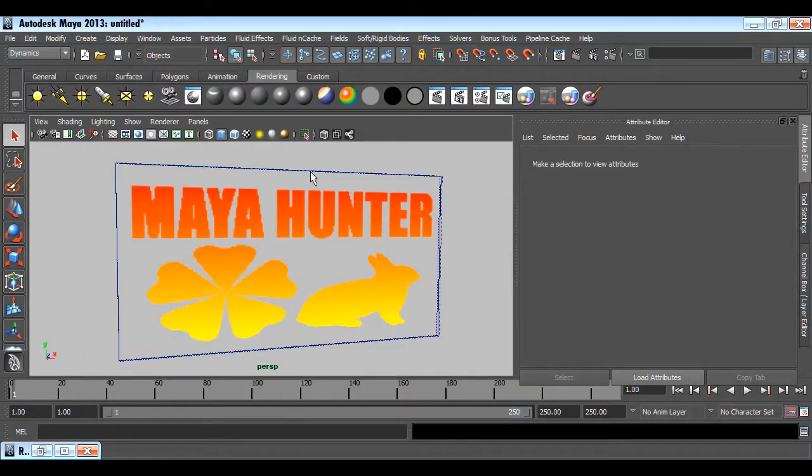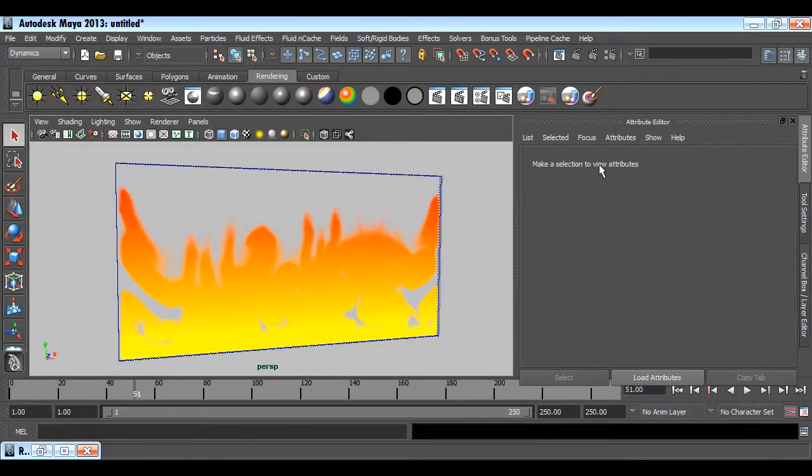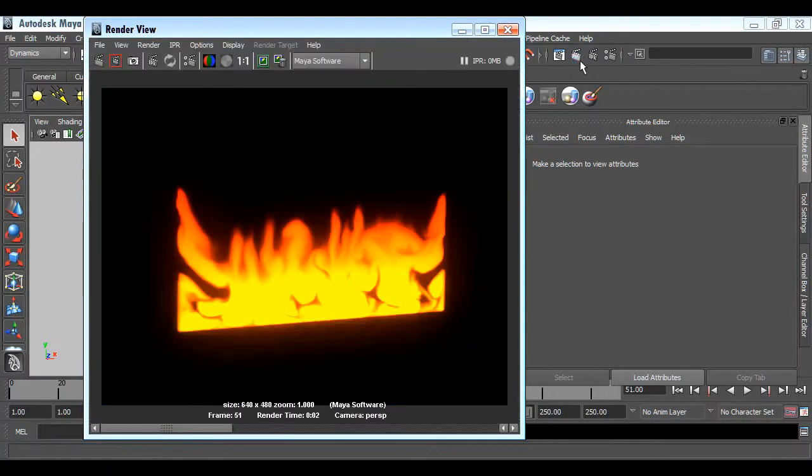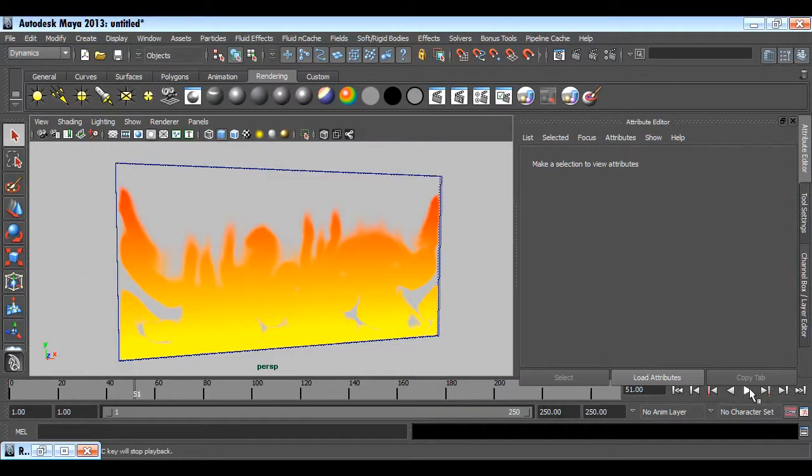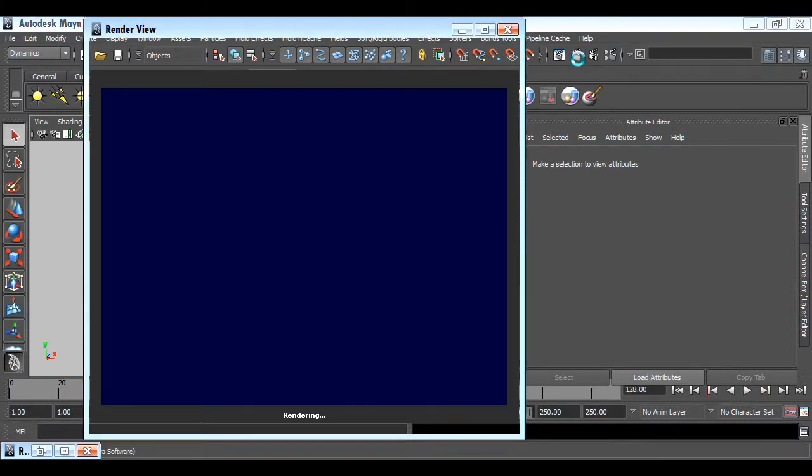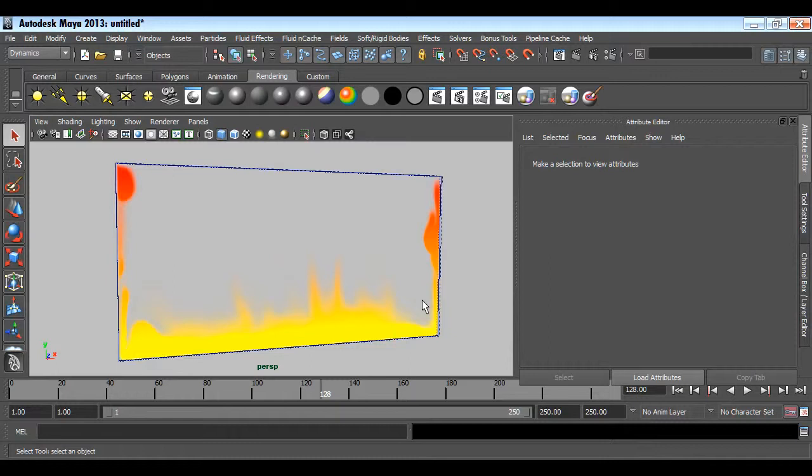So now we are ready with our animation. Let's play, render. So we have this kind of nice pattern which will be converted into a text or a shape or a logo, anything. So you have a lot of variation in what kind of animation you want. You can have the text, you can have the logo, you can have any kind of pattern, you can have any kind of shape. If we play more, let's render. So now we are done with our animation.